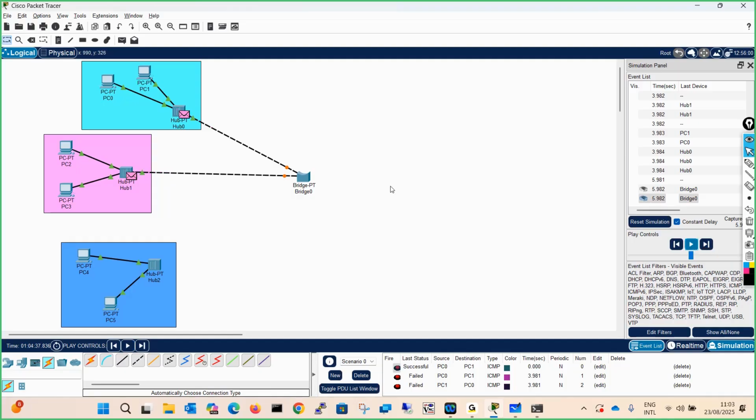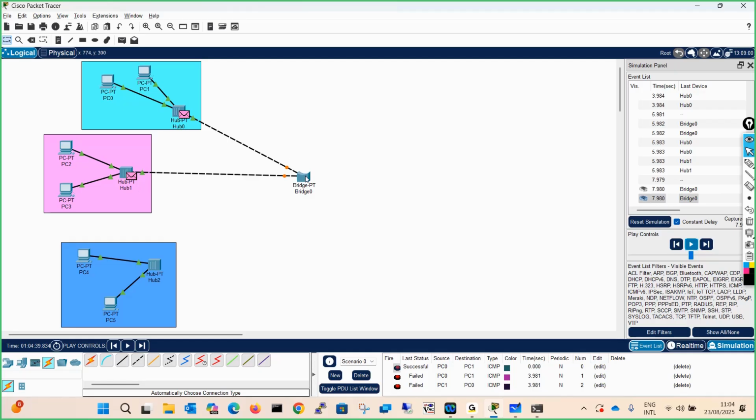Did you find any collision on hub 1 over here? There is no collision packet. Just concentrate over here. Did you find any collision over here? There should not be any collision coming over here. There will be no collision. See, there is no collision. Why? Because